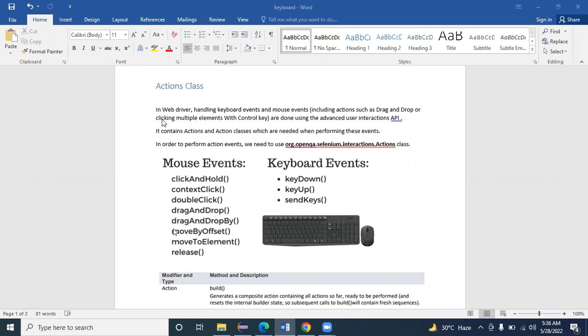Today we are going to learn about the action classes. Mostly action classes are used to handle your mouse movement and your keyboard related events. Any event you can handle using the action classes. So in WebDriver, handling keyboard events and mouse events, such as drag and drop, right click, and left click, you can handle using the action classes. In order to perform action events, we need to use